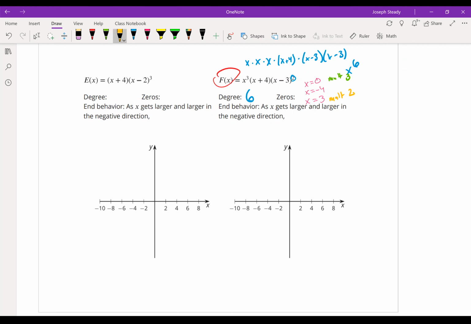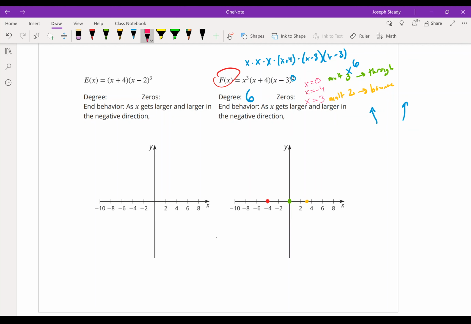So I know on my x equals 0 x-intercept, the green one, that's an odd multiplicity, so I'm going to go straight through. Whereas my x equals 3 x-intercept, that's an even multiplicity, so I'm going to bounce off. And then for the x equals -4, that's just a multiplicity of 1, so that's what we're used to seeing. It goes straight through there as well. End behavior. In this case, we have a positive leading coefficient and an even degree. So this end behavior is both sides go up,